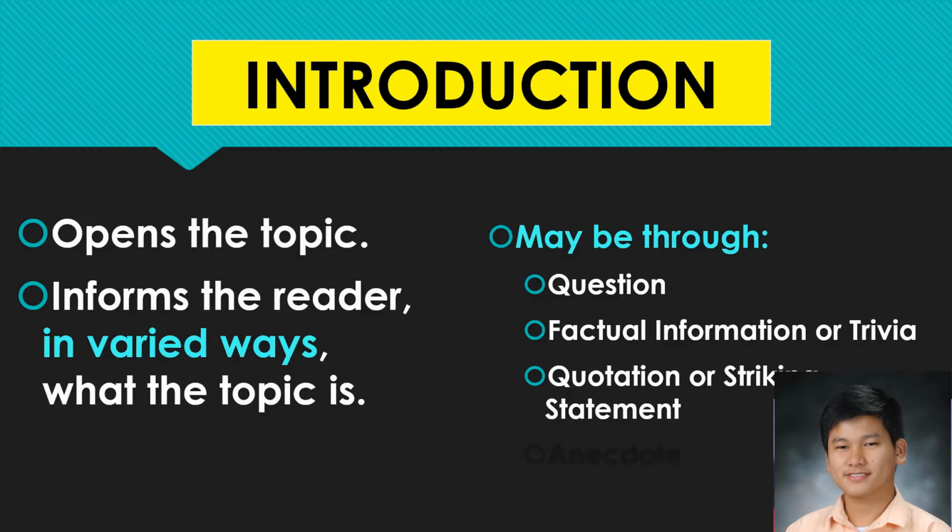So, halimbawa, extrajudicial killing nga yung topic. So, pwede kang magsimula sa quotation na common. Halimbawa, life is precious. Okay, everybody deserves a second chance. Ganon. Diba? Tapos explain mo lang yun. Lagay mo, quotation, syempre maglalagay ka ng quotation marks. Everybody deserves a second chance. Tapos explain mo lang yun. Ano ibig sabihin nun? Many people find it hard to forgive people who have sinned. But actually, all of us deserves a second chance. So on, so on. Okay? So ganun lang yun. Ganun lang ang ibig sabihin ng quotation.